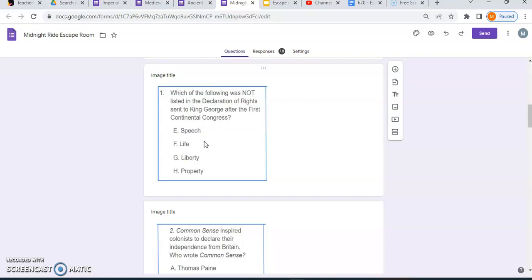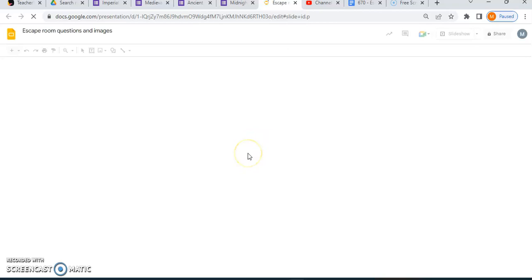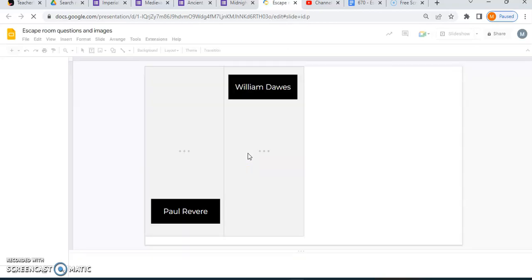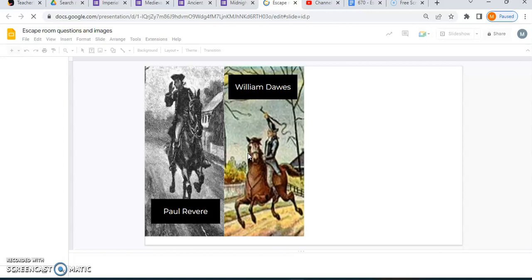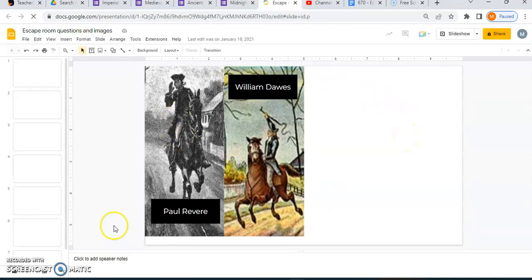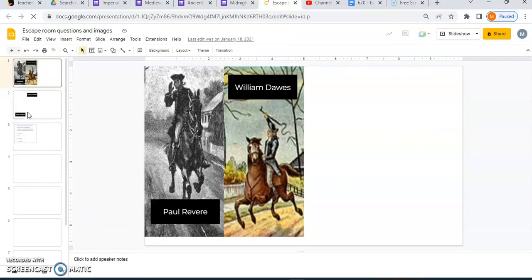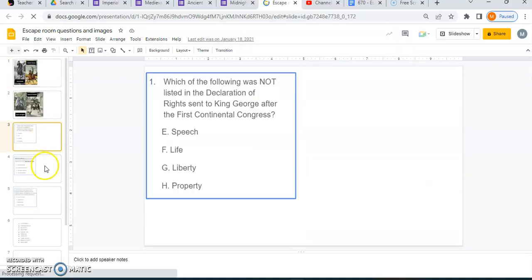I found that the best way to create these tasks is using Google Slides, which makes it easy to create images with text and pictures. So I opened up a new Google Slide and I created all my interactive images and tasks in this slide. I have my options for writers, as well as my multiple choice questions,